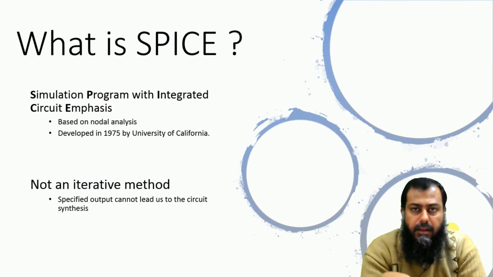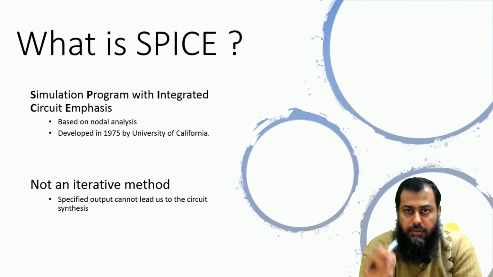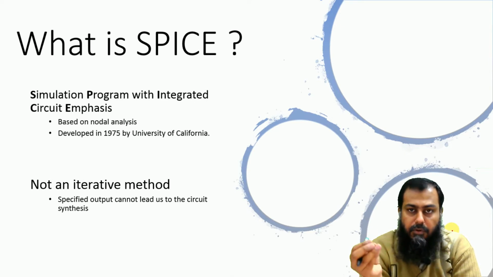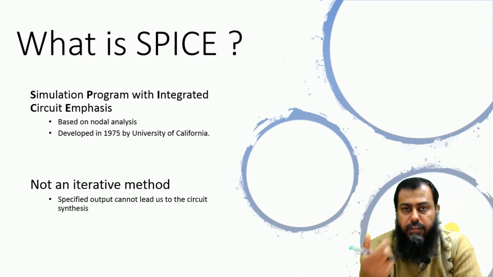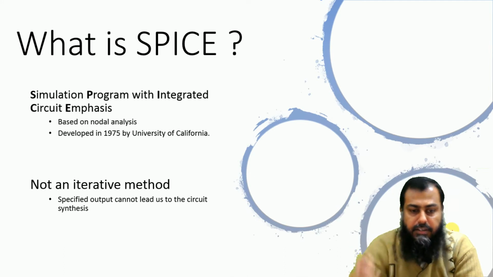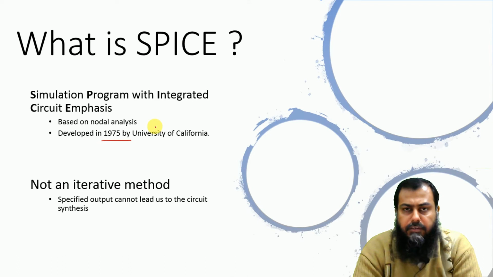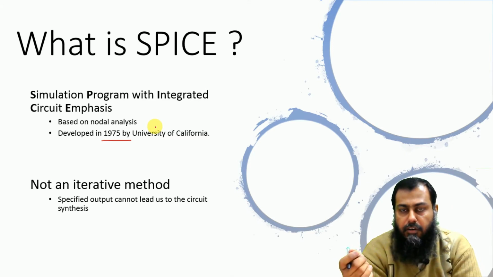Moving forward, we shall be focusing on a software which is known as SPICE. SPICE is an abbreviation of Simulation Program with Integrated Circuit Emphasis. As you see, this was originally designed back in 1975 by the scientists at University of California, USA. And since then, it has been so popular that the mainstream software companies have adopted this SPICE to design their own software. SPICE is a software that works on the node voltage method, and it always requires the modeling and net listing of a given circuit using the node voltage technique.